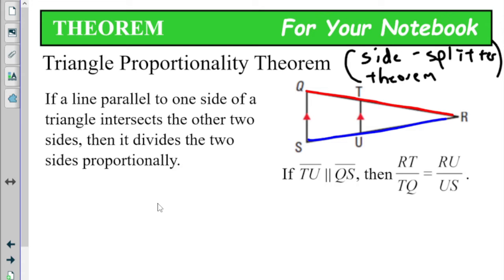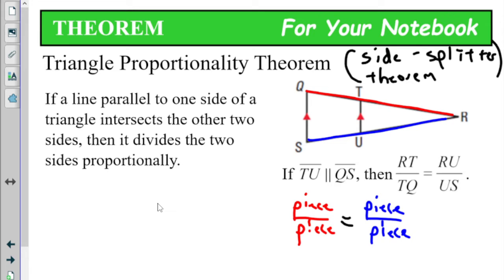So the way that I usually write this one is that we have piece over piece of the red side is equal to piece over piece of the blue side. So that's the way I'm usually going to write these and set up these equations. So then from here,